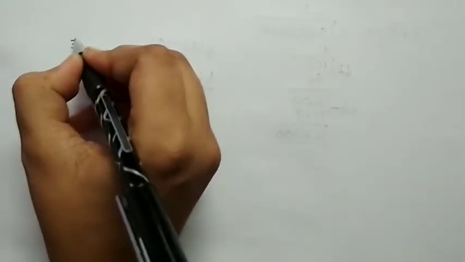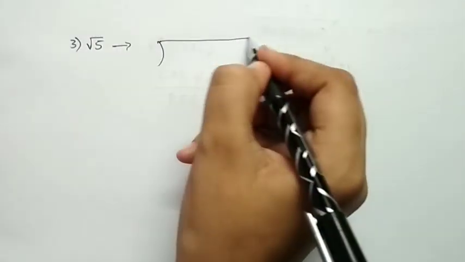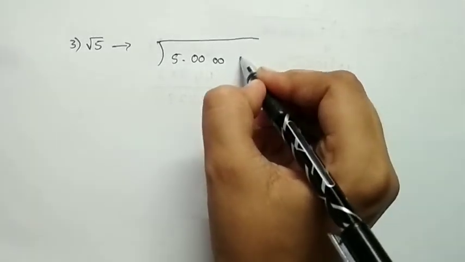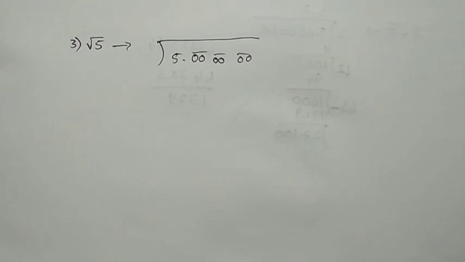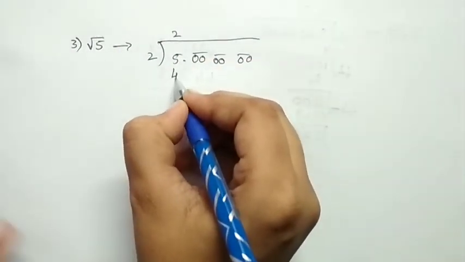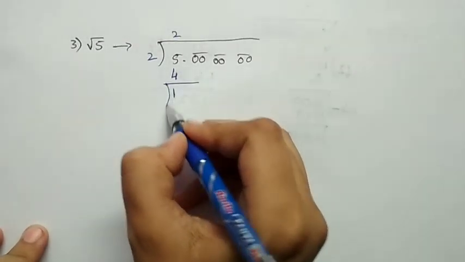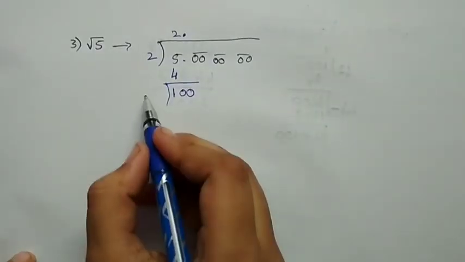Now let's take an example of root 5 and the division process of 5 till 3 decimals. As I said, we need to take the same numbers as the divisor and the quotient. Here we can take 2, as 2 twos is 4 which is less than 5. So I get 1. Bring down the set of zeros. We get a point here.